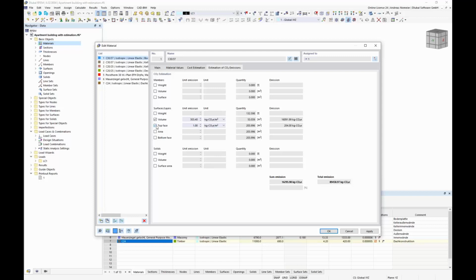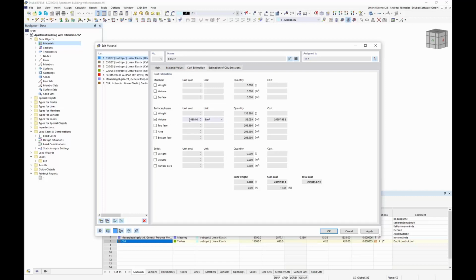So you can specify here some basic costs to get maybe finally an amount of money, what the cost is, for optimization reasons or only for some